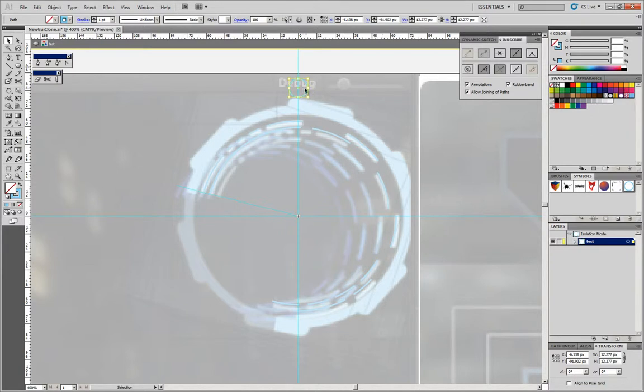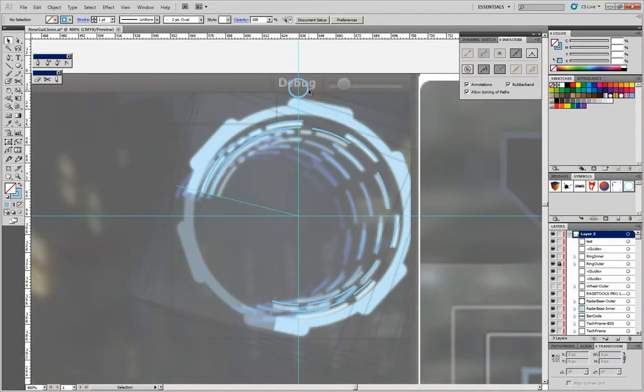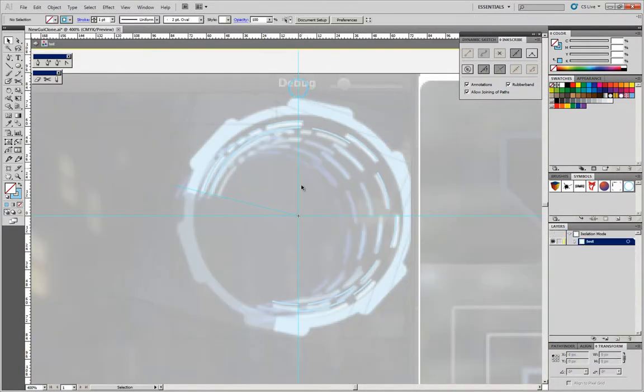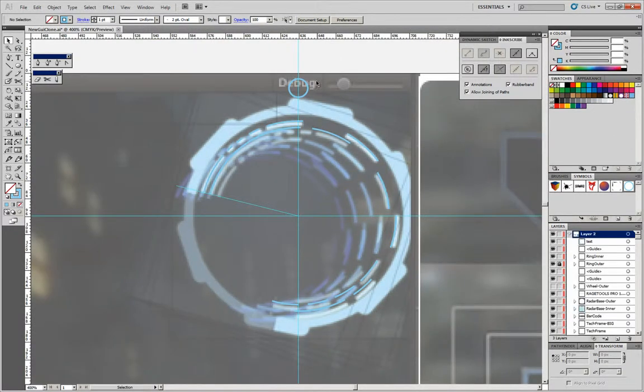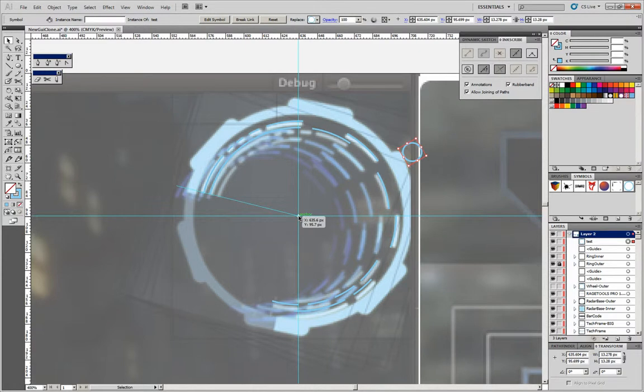So I had entered isolation mode, by the way. I didn't mention that. Simply by double clicking the shape, you enter isolation, and that's where you can offset your shape from its pivot point or registration point. So now that you've done that, you notice that if you go to the Transform box and enter, for instance, -60, it's going to rotate around this point, and it's not going to move alongside the shape, which is what you want. So you can hit Ctrl D multiple times and it's going to work,